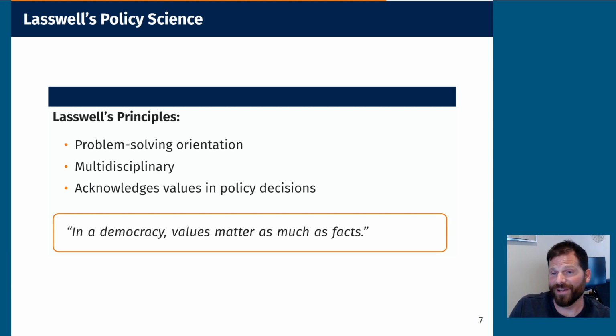And people value some facts over other facts these days. But in the real sense of things, value orientation is just as important as the factual information that we use when approaching the policy sciences, right? And this is different than other applied sciences, where in medicine you're not really having certain values on a lot of things, typically. But here we are in a democracy, and these values can make things a bit messy from time to time. So understanding them from multiple perspectives is important.